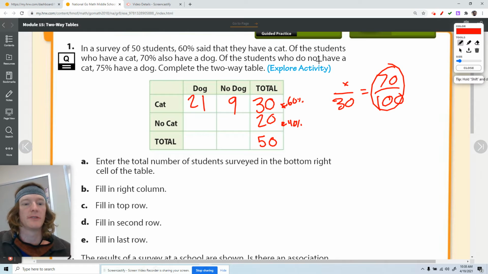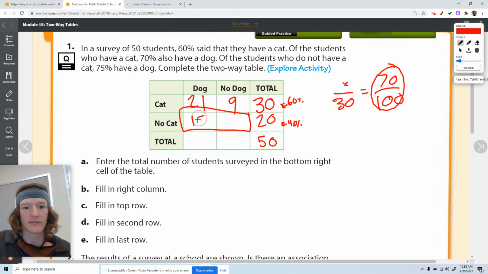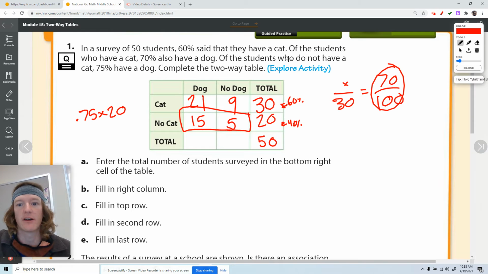Of the students who do not have a cat, so of our no cats, of these two boxes, 75% do have a dog. So 20 times 0.75, this is 15 and this is 5. I know that's 5 because 5 plus 15 makes our total of 20. For this 15, we did 0.75 times 20 because it said of the students who do not have a cat, that was this 20 students, 75% of 20